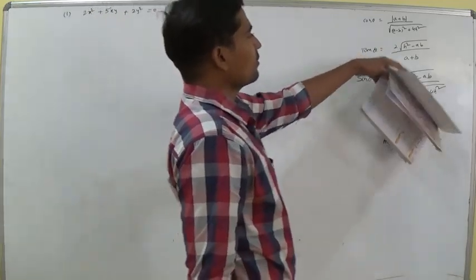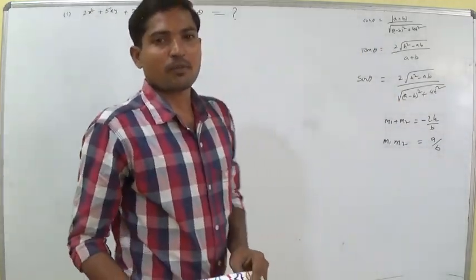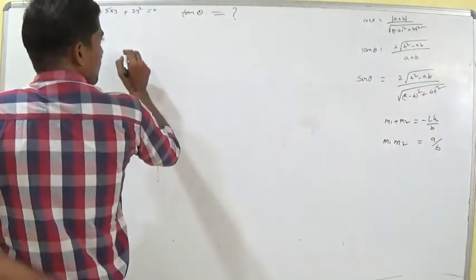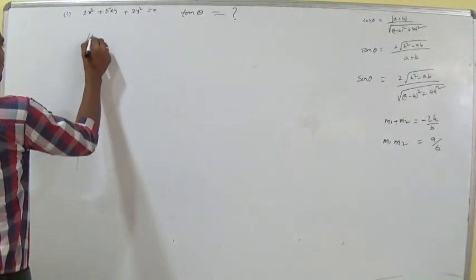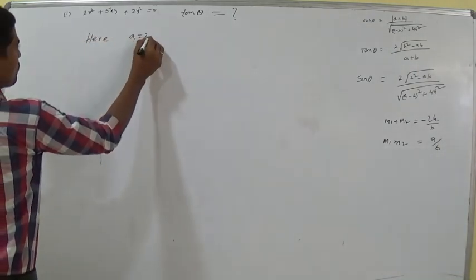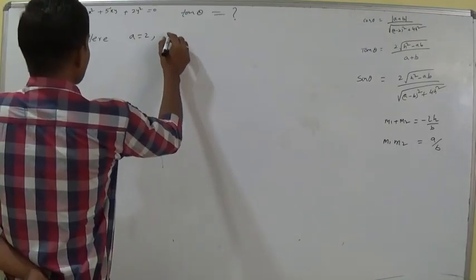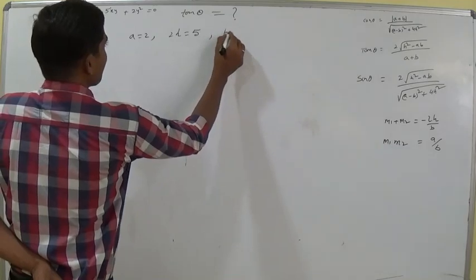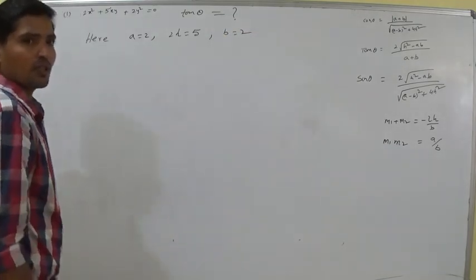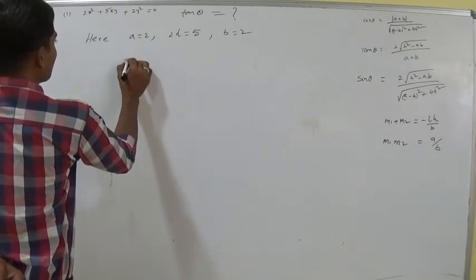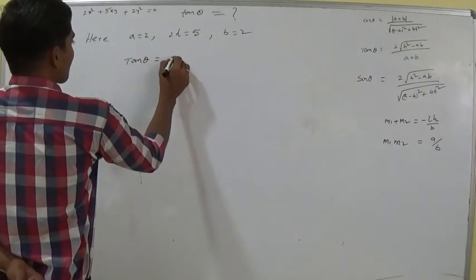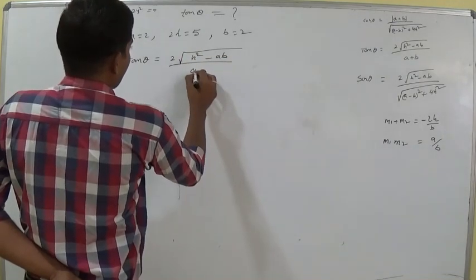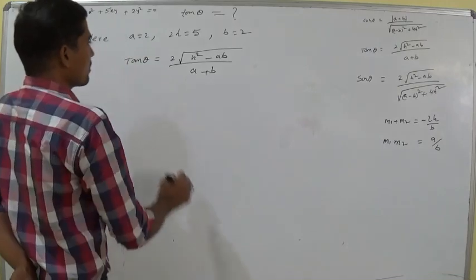Tan theta is equal to 2 into square root of h square minus ab by a plus b. Here a equal to 2, 2h is equal to 5 and b is equal to 2. Then tan theta equal to 2 into square root of h square minus ab by a plus b. So